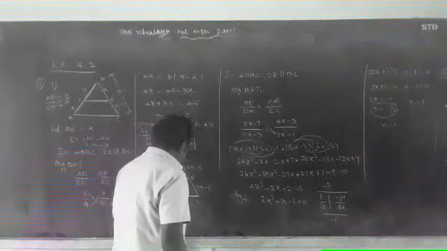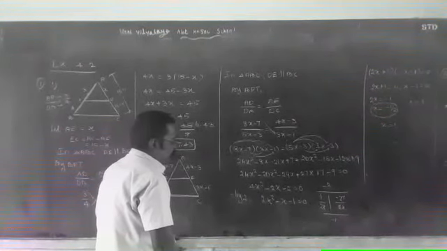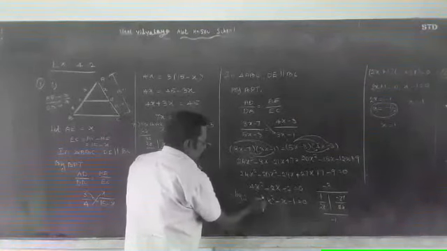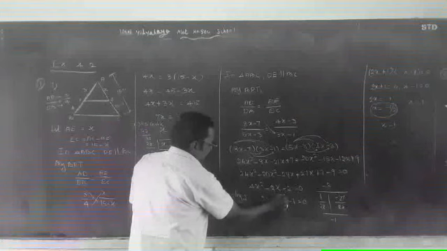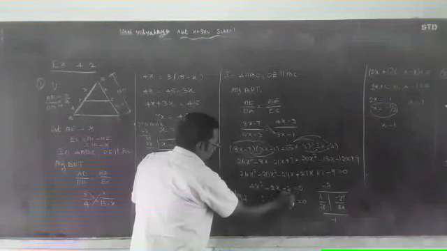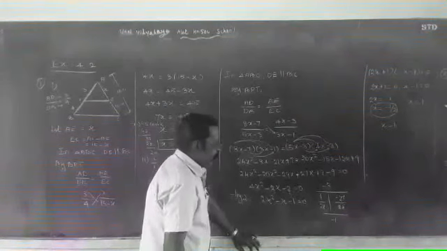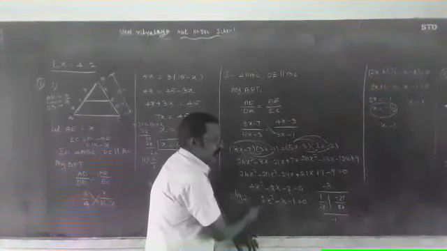Both terms divided by 2. So 2 2s are 4, 2x square; the 2 is cancelled, 2 cancel x. Minus 1, minus 1 equals 0. This is a quadratic equation.